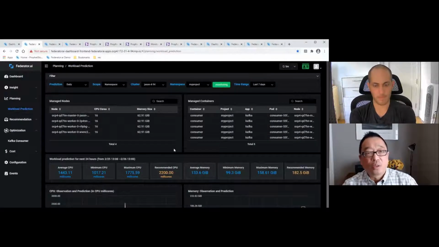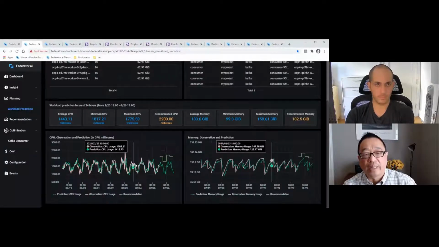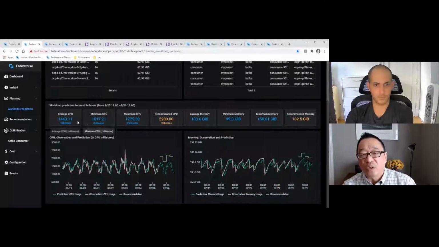And the next UI over here can show you there's multiple ways to look at our prediction: daily, weekly, or monthly. And there are multiple layers for you to look at the resource prediction. So for example, over here, we have a namespace label, and this is the past week. You can see, again, the solid line is the observation, and the green dotted line is the prediction, what the future looks like,